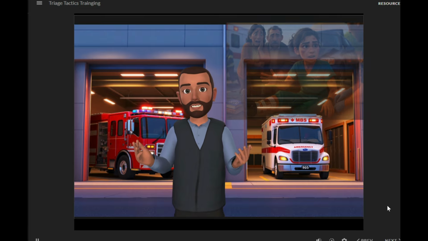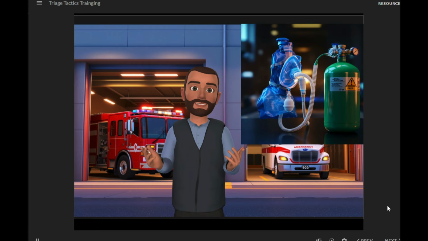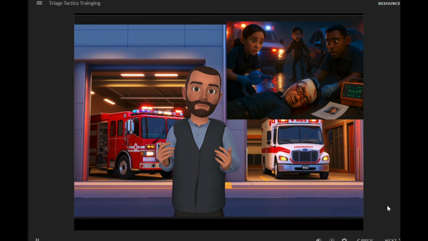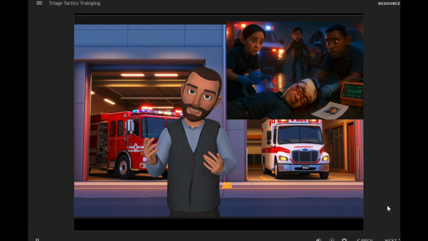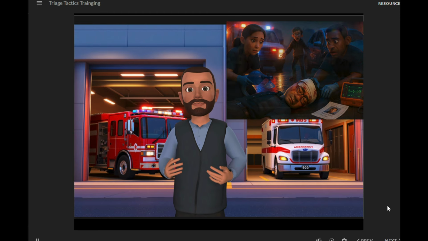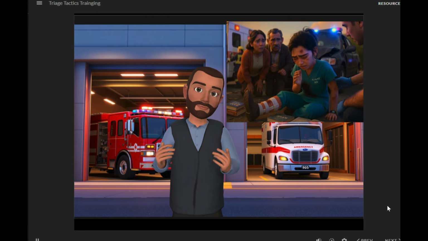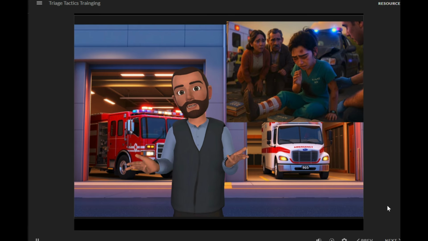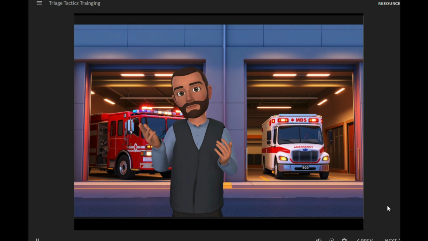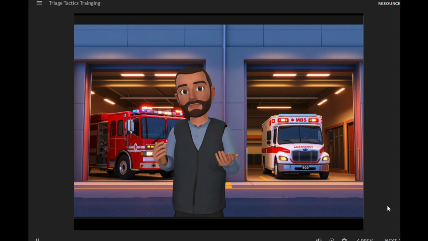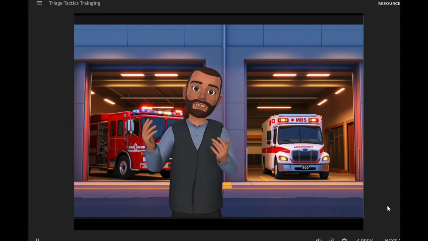Then you faced resource scarcity. 1 BVM and oxygen tank for 2 red tag patients. The correct choice was Robert Chen because he had complete airway compromise and would arrest within 2 to 3 minutes without BVM support. Maria, while critical, was still breathing spontaneously and had a slightly longer survival window. In mass casualty triage, always ask, who will die first without intervention? That's how you save the most lives with limited resources.